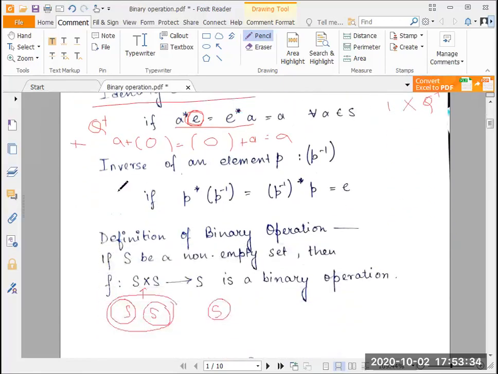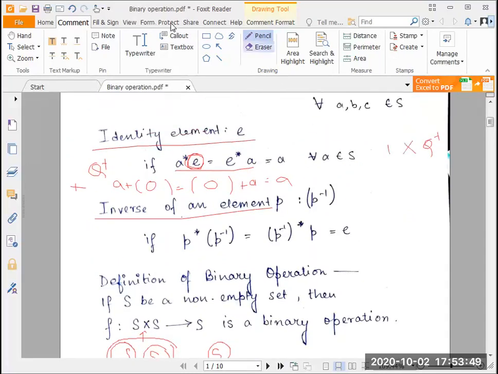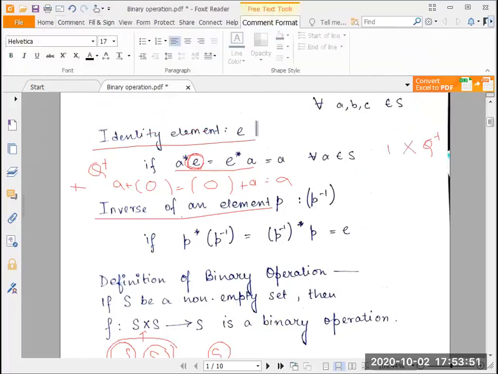The next that we talk about is the inverse of an element. So we have an identity element and we have an inverse of every element. Please note that for a defined operation on a set, we have one particular unique element. So let me just write that down here so that you will remember it. Unique. So the identity element is unique for every operation defined on a particular set on which the binary operation is defined.